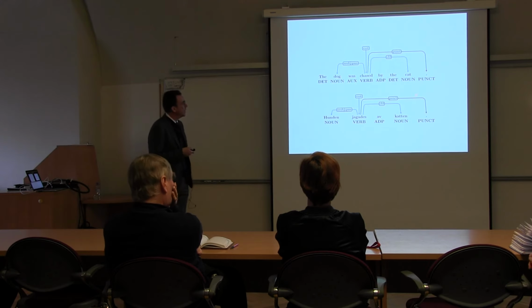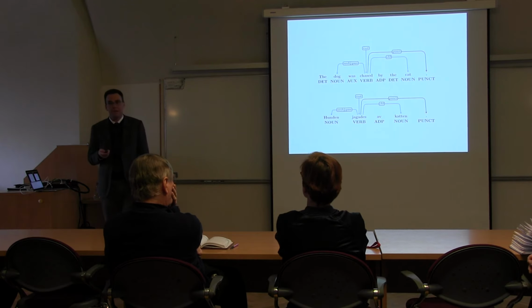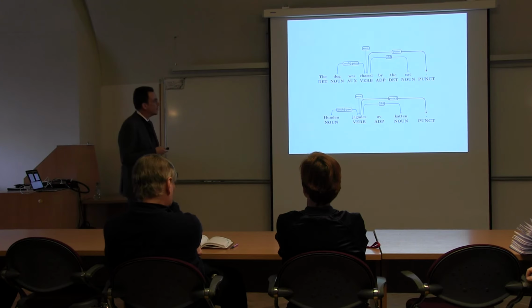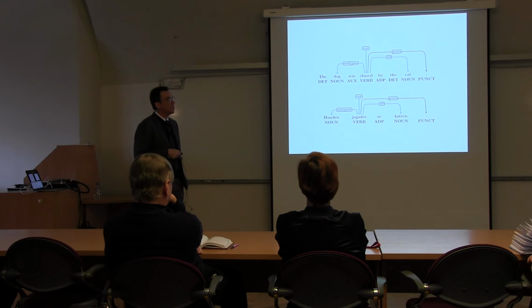Here I'm illustrating it with English, the dog was chased by the cat, and Swedish, my native language, Hunden jagades av katten. Two fairly closely related languages, both Germanic, but still different enough to illustrate this point. So again, if we take the relations between content words as the important ones, then these have a parallel structure with a passive, a subject, and an oblique agent phrase.